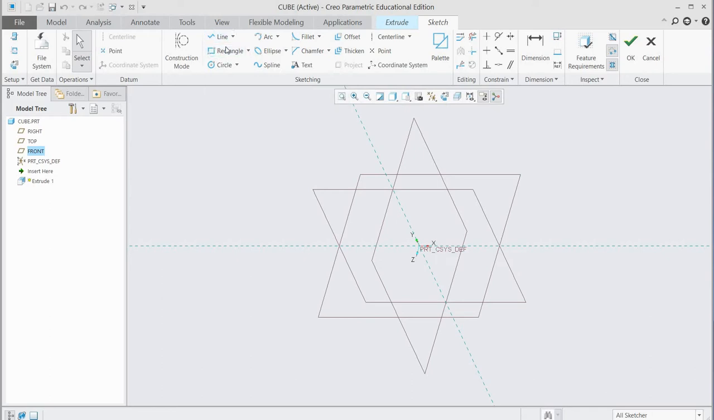To make a cube, the easiest way, there are several. You could do it with lines. You could do it with a rectangle. Since we're doing a cube, we'll go ahead and use the rectangle. Basically you left click. I left clicked on the coordinate system. Then I drag it away and I will